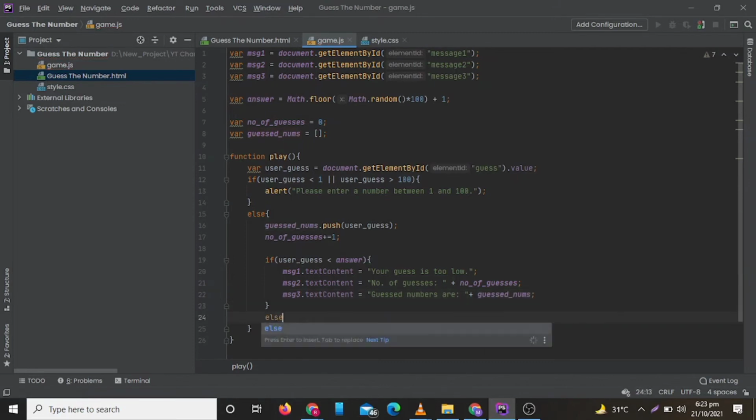Now we will write another if statement. If the guess is greater than the answer, then we will be displaying your guess is too high, and we will also display the number of guesses and also the list of guesses the user has made.